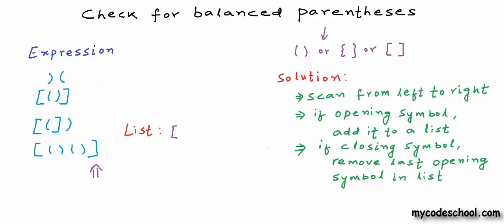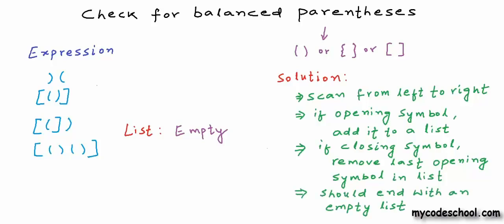And now we go to the last character, which is a closing of square bracket. Once again we need to look at the last element in the list. We have only one element in the list at this stage. It's an opening of square bracket, so once again we can remove it from the list. Now we are done scanning and the list is empty once again. If parentheses are balanced, we will always end with an empty list. If in the end the list is not empty, then some opening parenthesis has not found its closing counterpart and the